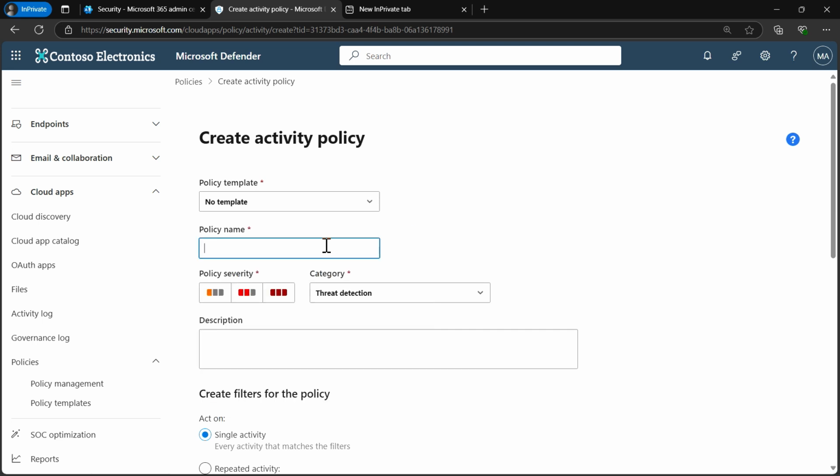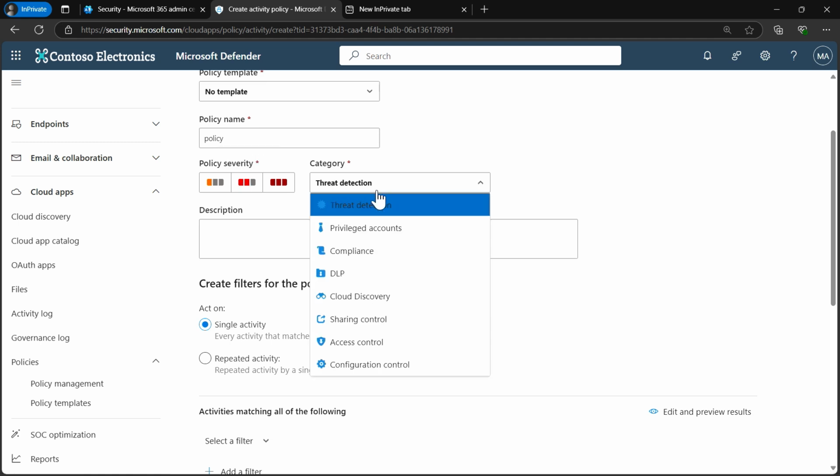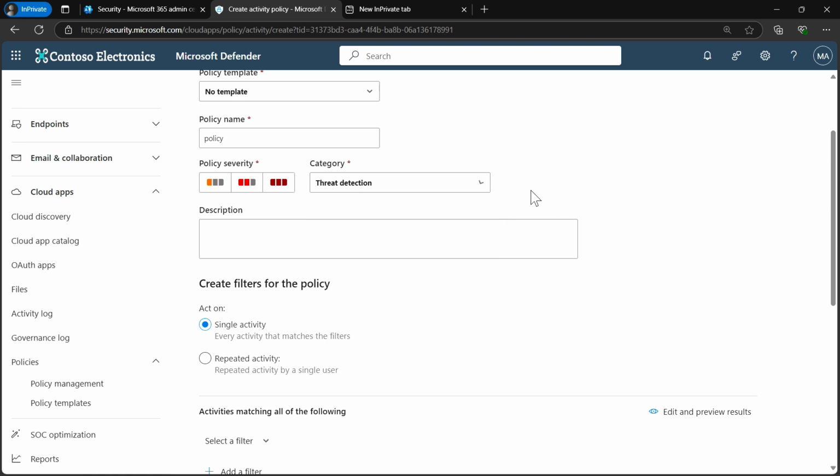If I decide to give it a name, absolutely you have to give it a significant, understandable name. So here, high severity or medium severity, and I could select threat detection or any other category that I'm interested in.